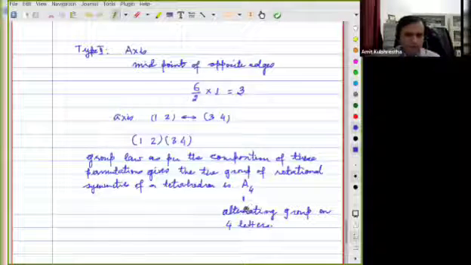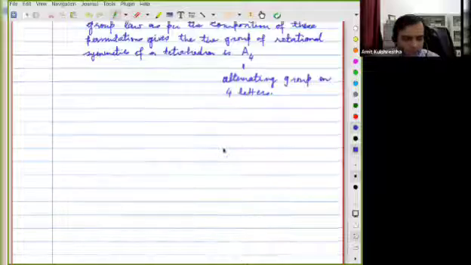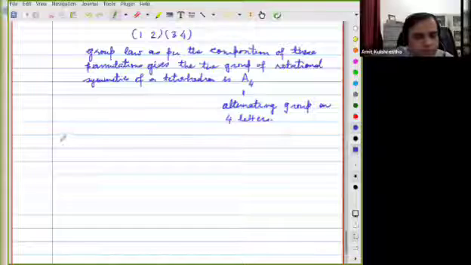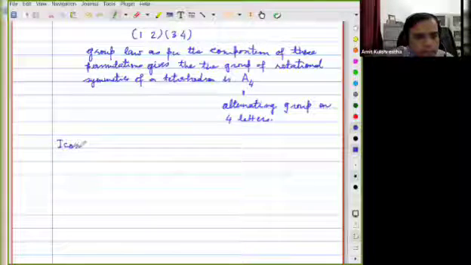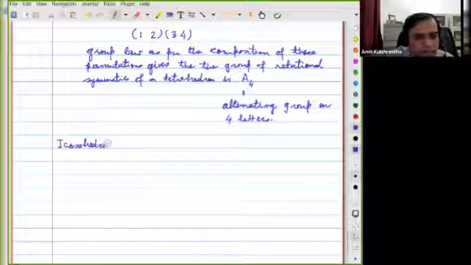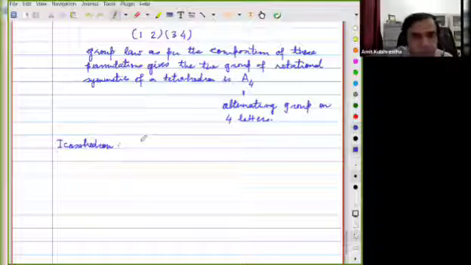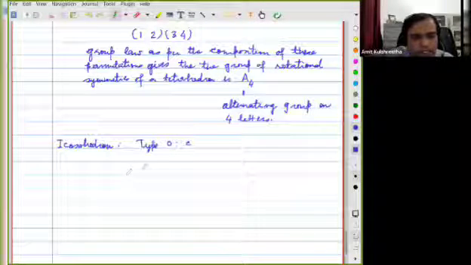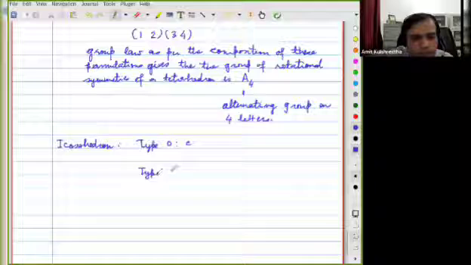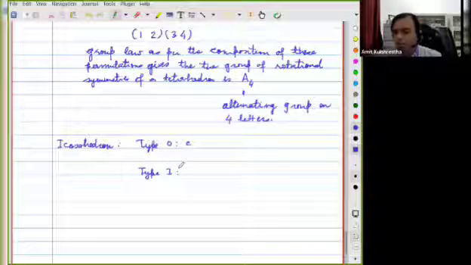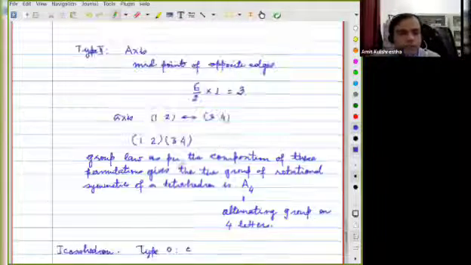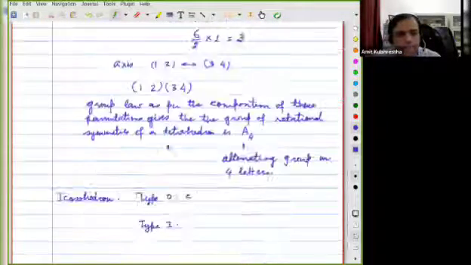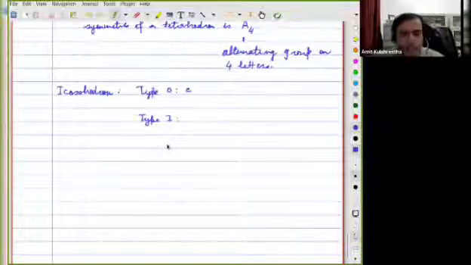Okay, and if you do a similar analysis on, for example, the icosahedron, let's quickly do that. Type 0, I'll blindly write E. Type 1. So what is type 1? Type 1 for us earlier was what? Okay, so there's no type 1 here. So I'll take just opposite vertices.